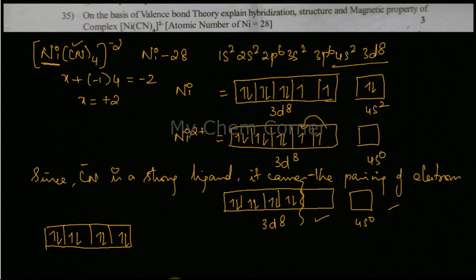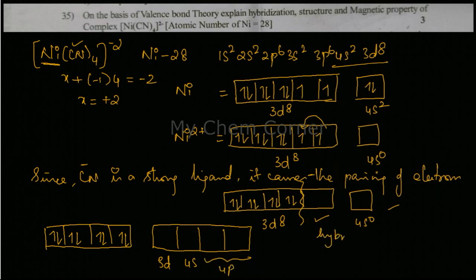I have 4, so I need 2 more. Where will I get those 2? From the 4p orbitals. So to show the hybridization, one is coming from 3d, one from 4s, and the remaining 2 are coming from 4p. Therefore I can write that the hybridization is going to be